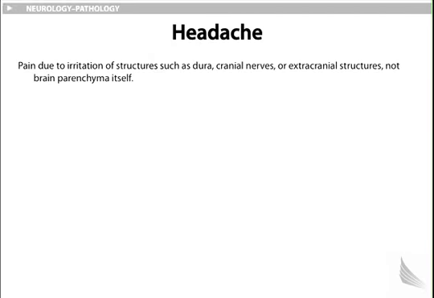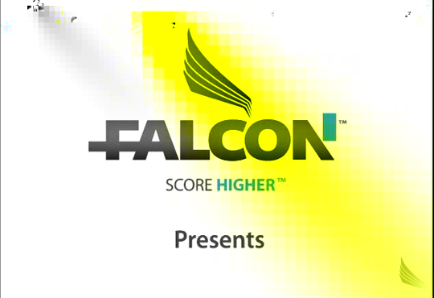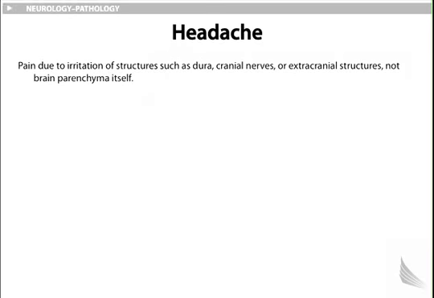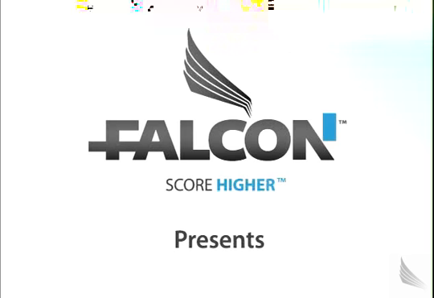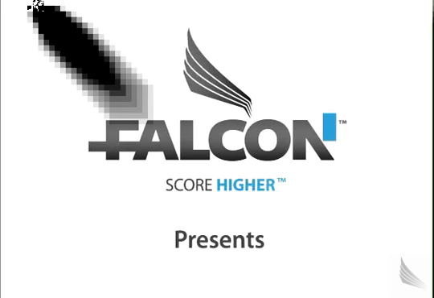Headache. Headache is pain due to irritation of structures within the skull that are pain sensitive, such as the dura, the cranial nerves, or extracranial structures. Recall that the brain parenchyma itself does not have sensory pain endings, so the pain is not coming directly from the brain. Migraines are typically unilateral headaches that consist of 4 to 72 hours of pulsating pain associated with nausea,